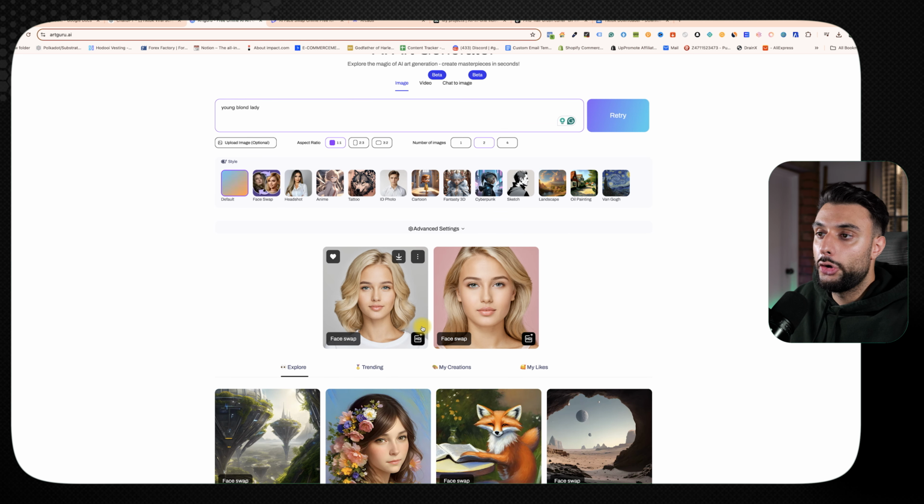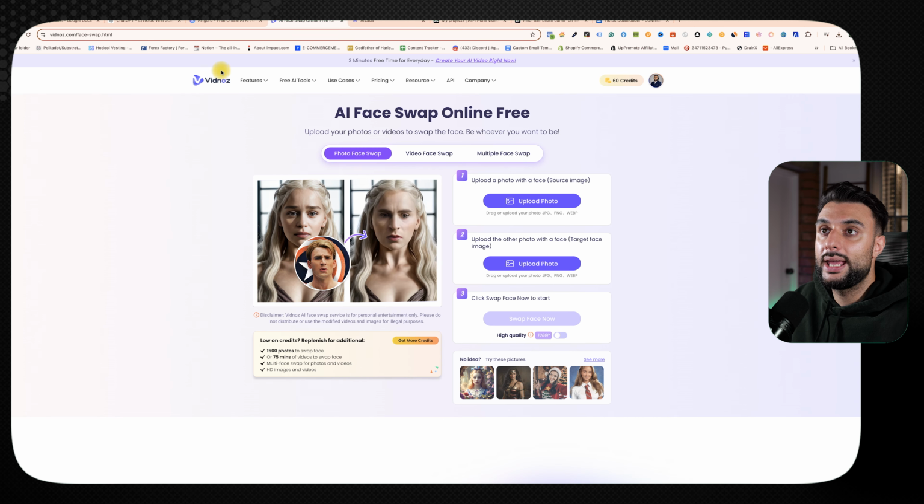Now, you want to download these photos in HD. I would probably choose the photo that's more close up, like this one. So you want to download it in HD. Now, once you've downloaded that photo, you want to come to this website here called VindNoz, and this is an